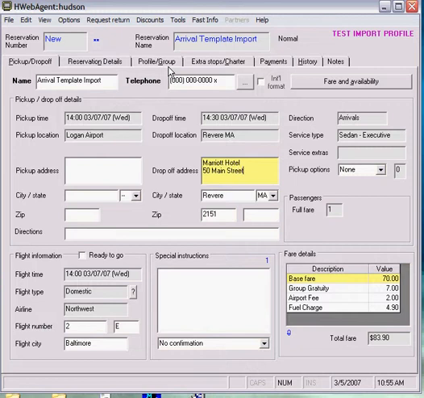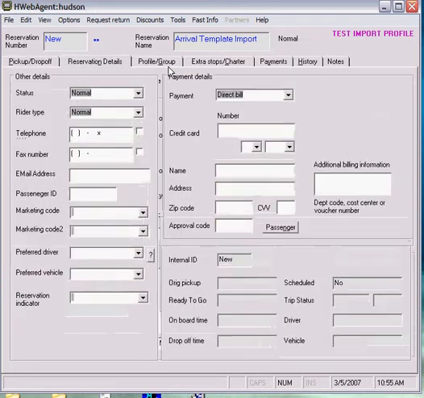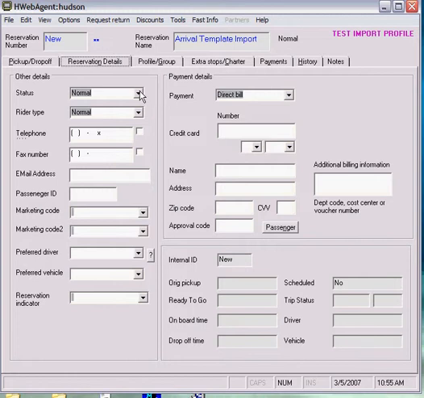I'm going to go to the Reservation Details tab, and I'm going to change the status from normal to STD template. Based on the group profile that you used, the default payment type should already have been selected. Just make sure that it's something other than not specified. If necessary to save a reservation, at this time you can enter in the word none in the email address